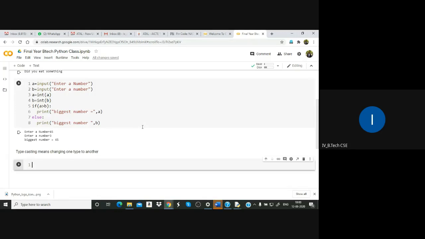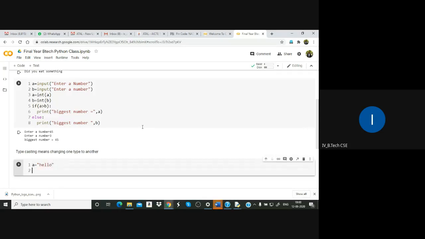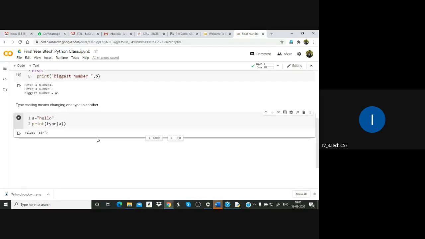So we did already, a is equal to hello. So now just print type here. If you say type of a, you will get string. Okay, so like that you can find type of the variable.